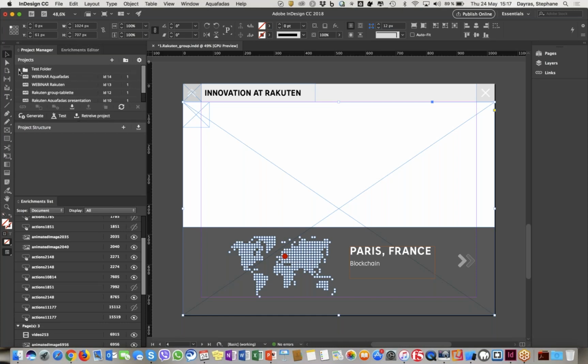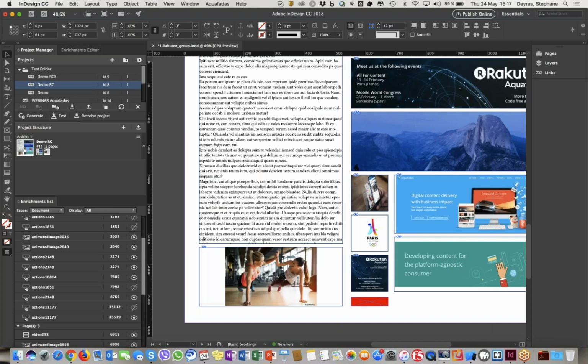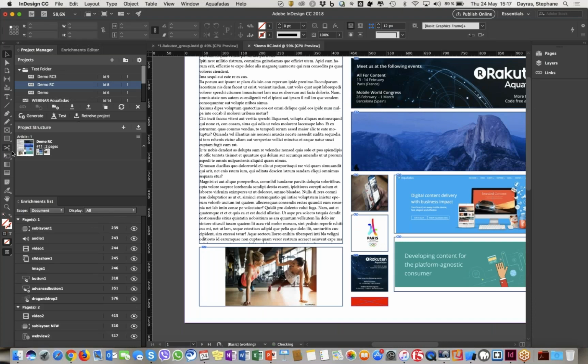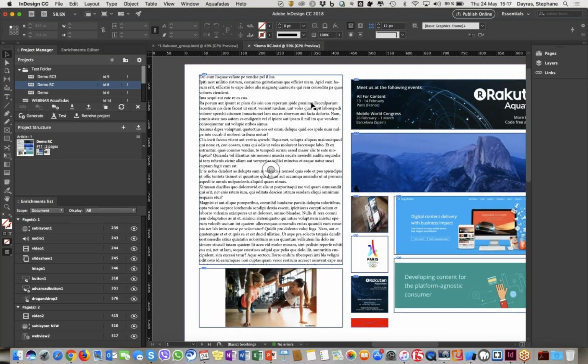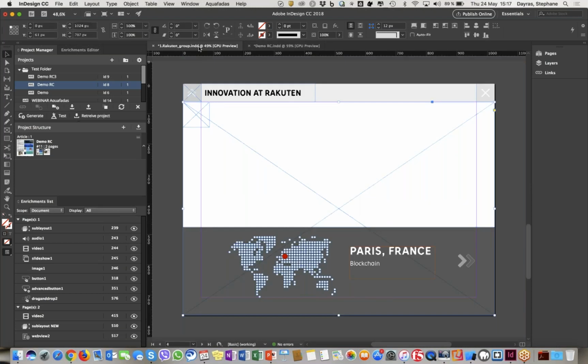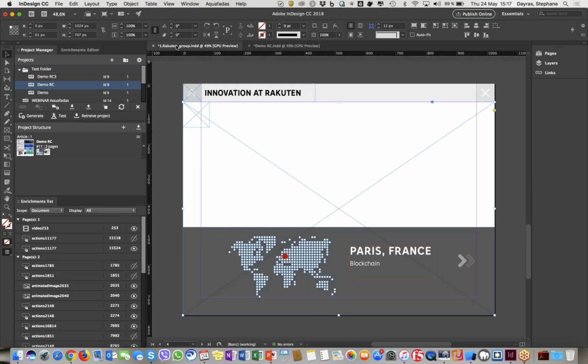So if, for instance, I want to use one of my nice demos, because I'm absolutely not a graphic designer, as you can see, I just select the file, double click on it in the project structure or articles view, and then it gets opened as an InDesign file in my Adobe InDesign. So if we come back to this one, it was built only for tablets and landscape orientation. The first thing we will do is to generate the output.